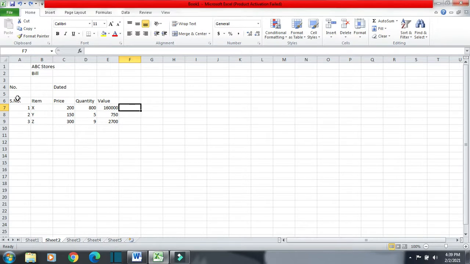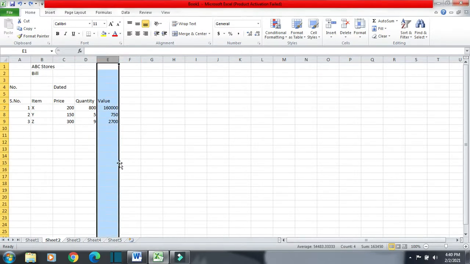And I am at my previous action. If you want to delete an entire column, suppose I want to delete this column, again I will select the entire column, select delete from the drop down menu from here, and then I will click on delete sheet columns. This option is available in the Home tab, and the group is the Cells group. In this group we will find insert also and delete also.